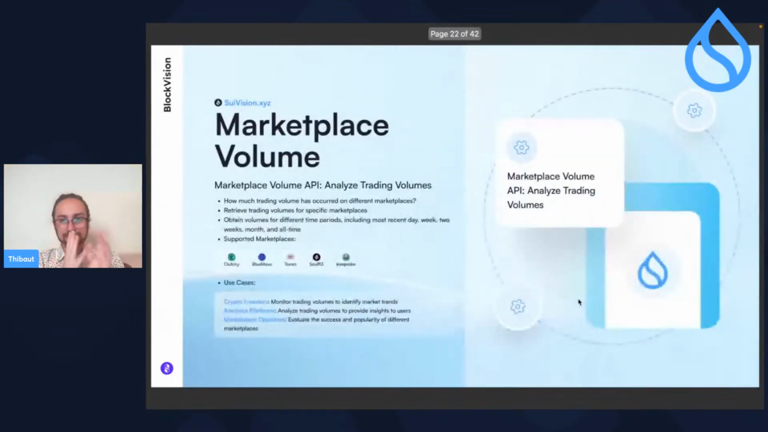Okay, we've talked a little bit about NFTs. We've talked a little bit about fungible tokens. Now, I would say one of the highlights and something that can really be useful to a lot of people. I've seen a lot of people starting to use that and really helping in many different ways. So I'm going to spend a bit more time on the marketplace volume. So the Marketplace Volume API is going to help you analyze trading volume. And so the idea is to answer the question, how much trading volume has occurred on all the different